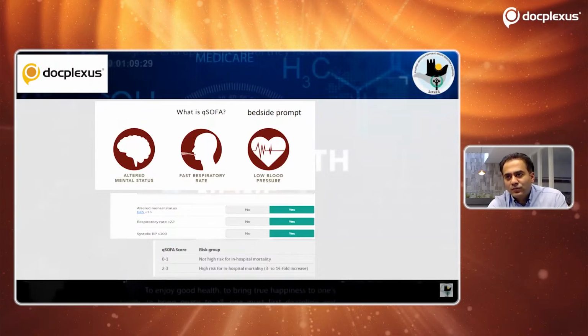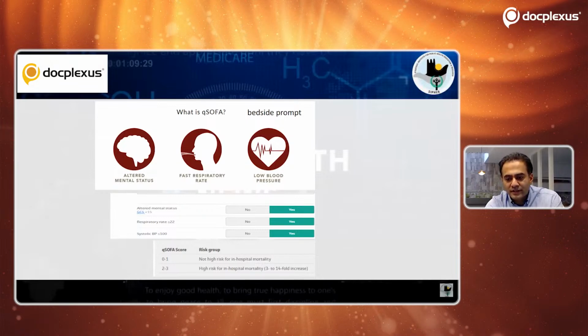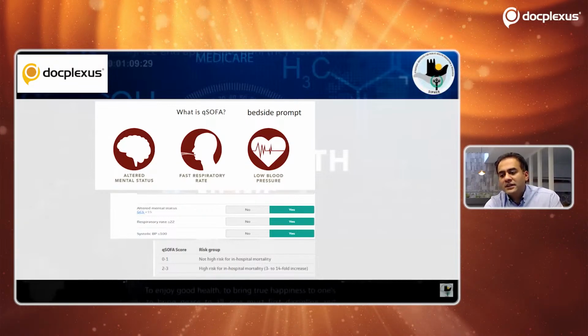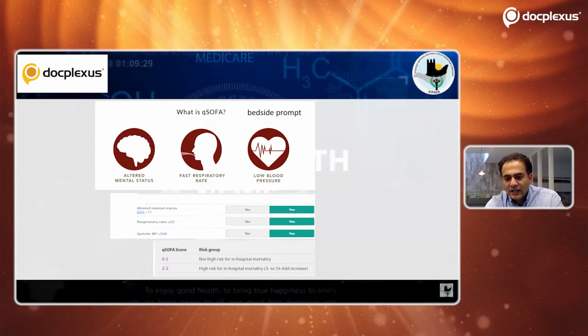So what they did was, rather than calculating it, they introduced what is called quick SOFA, quick assessment of the sequential organ function of a patient. So here we only look at three things: the mental status, the respiratory rate, and the systolic blood pressure. If two are positive, we say the patient has increased chances of having sepsis, the quick SOFA